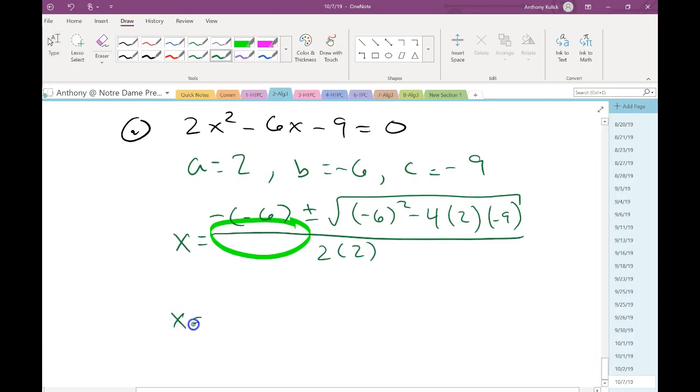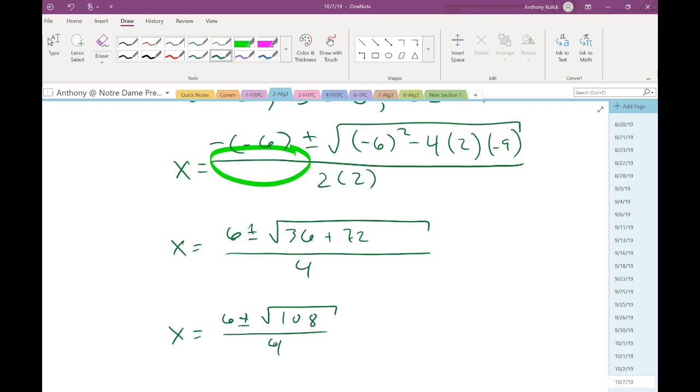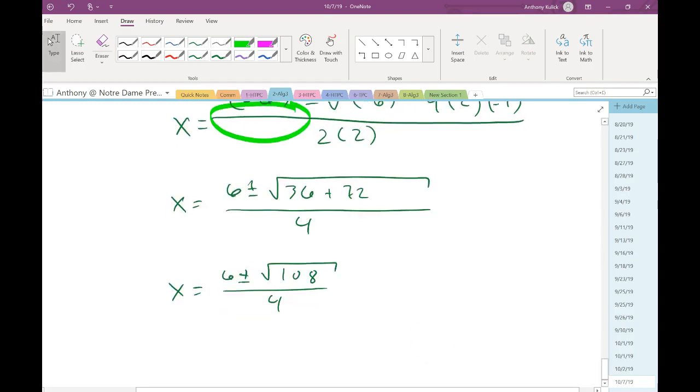All right, negative of a negative is a positive. Negative 6 squared is positive 36. Negative 4 times 2 is negative 8. And negative 8 times negative 9 is positive 72. Positive 72 plus 36 is positive 108. The square root of 108 is not a whole number, it's a decimal. So we could leave this as our final answer, or